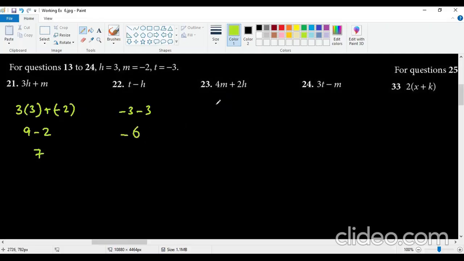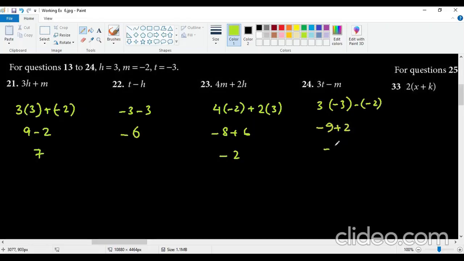4 times m, which is negative 2, plus 2 times h, which is 3. That means this gives you negative 8 plus 2 times 3, which is 6. That means negative 2 is going to be your final answer. 3 times t, which is negative 3, minus m, which is negative 2. So this gives you minus 9 plus 2, which is going to give you negative 7. Now comes 24,